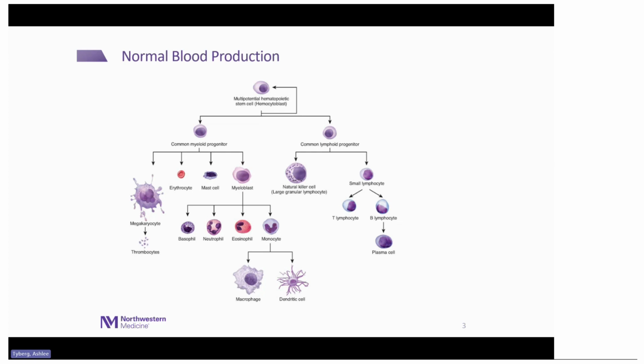So these stem cells are really important. And when things go wrong in these stem cells, you can end up with a variety of different problems. Same thing on the other side, the progenitors can do the same thing. But the end result of all this development or differentiation of these white blood cells, all of these blood cells,